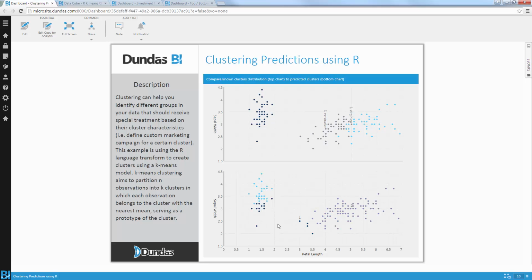So for example, here's a good case. I refresh my data multiple times, and in this run you can see that the k-means algorithm returned a distribution of clusters which does not correspond to the actual real-life distributions of these different species.